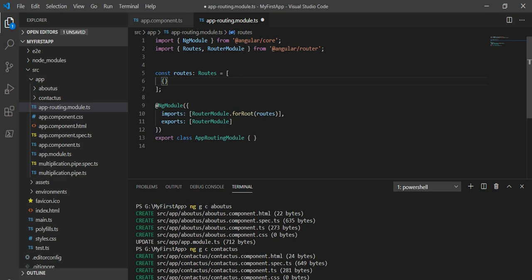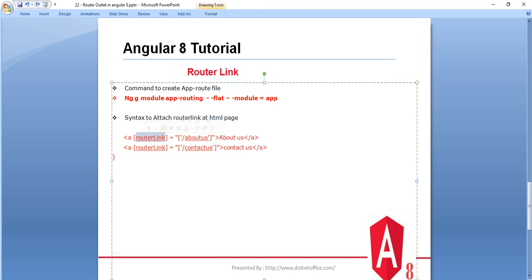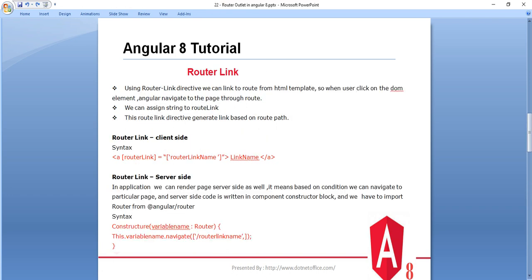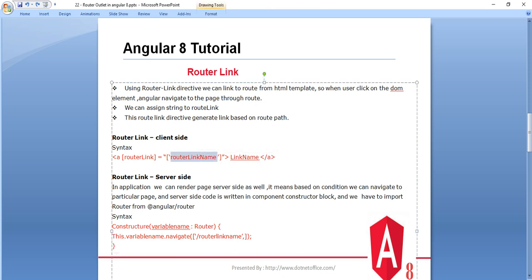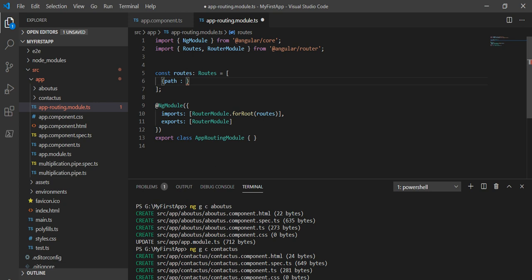In this path you have to give the link name. This is the router link name, as I explained in the previous slide, and this link name should match when we use it in the HTML file. So here we give, in single quotes, about-us.